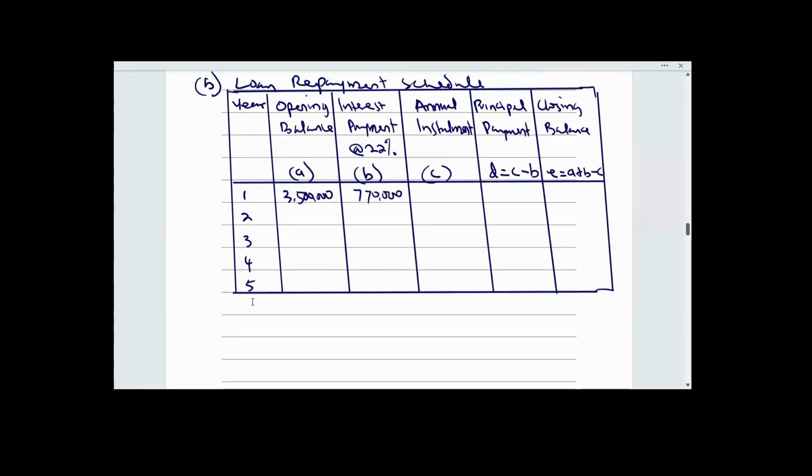Then we need to go and calculate annual installments. So installments or loan repayments. Let me just put installments. It will then be equal to the loan amount divided by the annuity factor. That will give you the installments. The loan is 3.5 million. Then the annuity factor, we have computed 2.863,